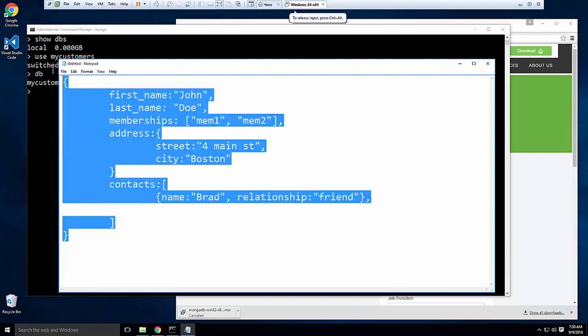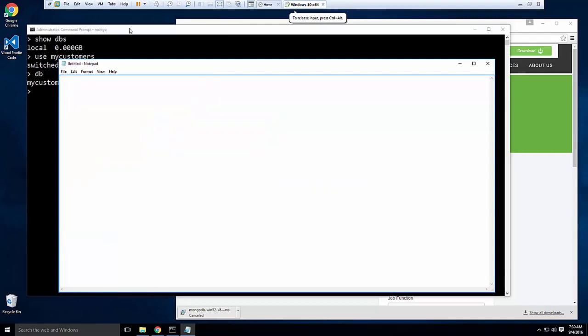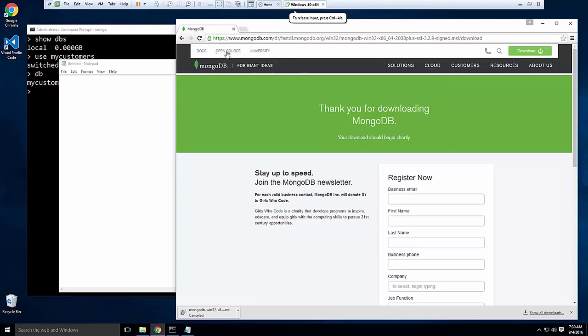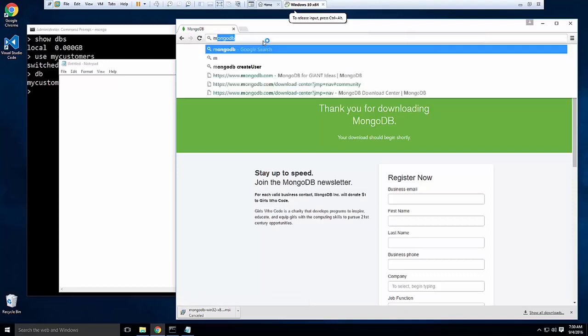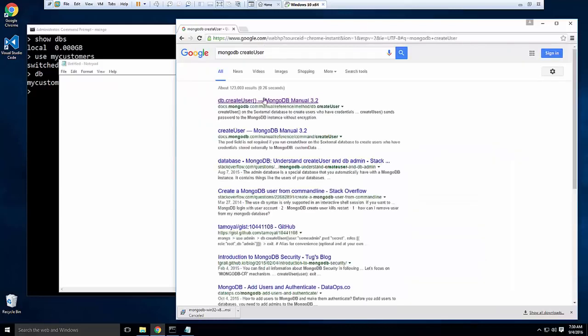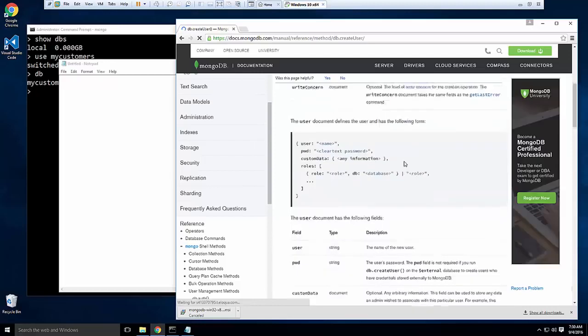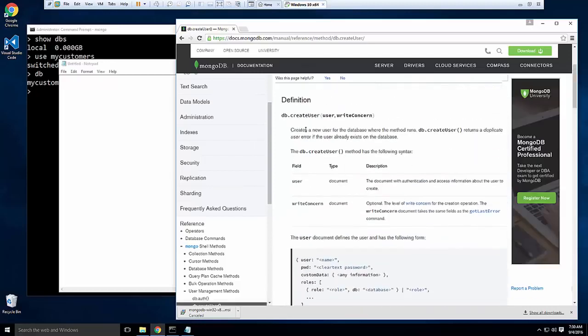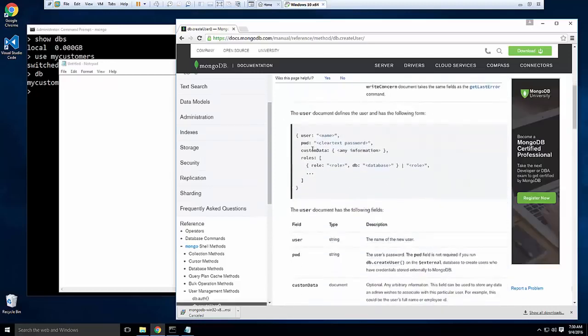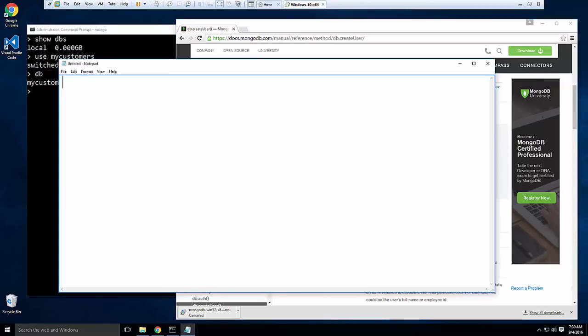Now before we go and we start inserting data, I want to just create a simple user for this database. So if we go to, I'm just going to search for it, we'll say MongoDB create user. Okay, so db.createUser will create a user for that database in this format here. So we're going to say over here